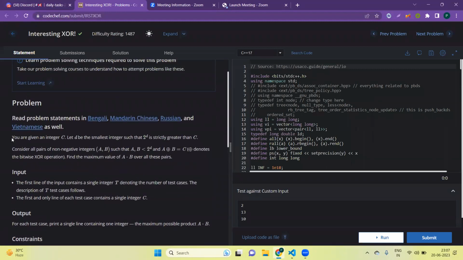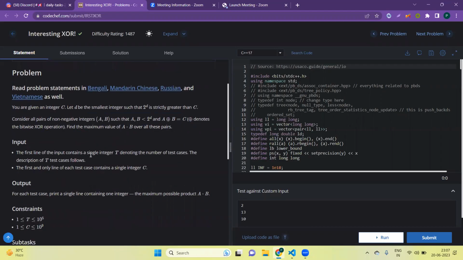The problem says that we are given an integer c. Let d be the smallest integer such that 2 to the power d is strictly greater than c. Consider all pairs of non-negative integers a, b such that a and b are less than 2 to the power d, and a OR b is equal to c. So basically, what they're saying is,